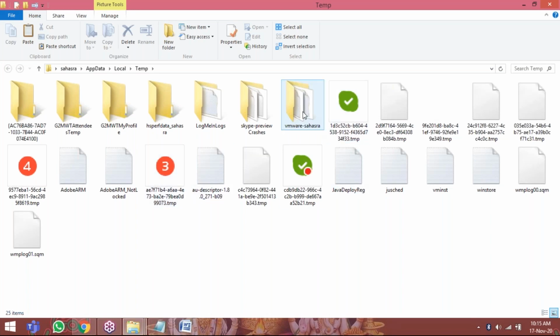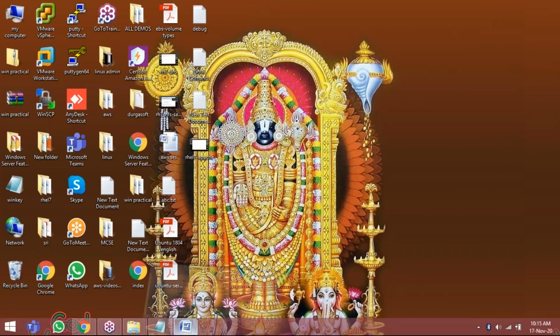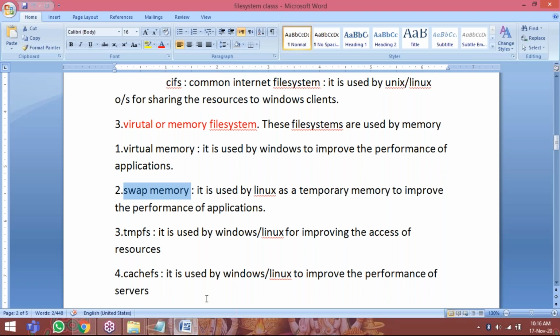So here VMware is opened, so all the temporary files will change. Whatever work we are doing, whenever you are accessing the internet, whenever you are playing games or watching movies, in your mobiles also some temporary files will be generated. We have to check in settings. You have to remove them every 2 or 3 months, so you can free up your memory. Like that, background temporary file systems will run.